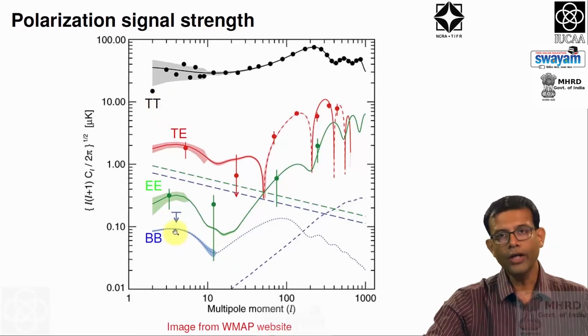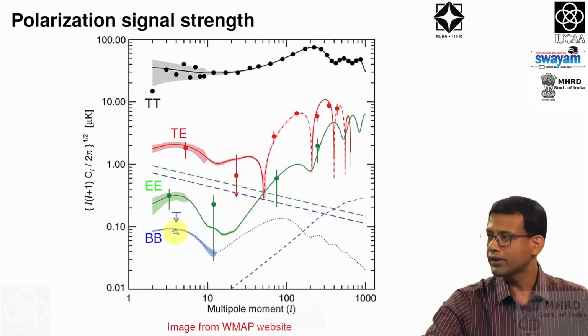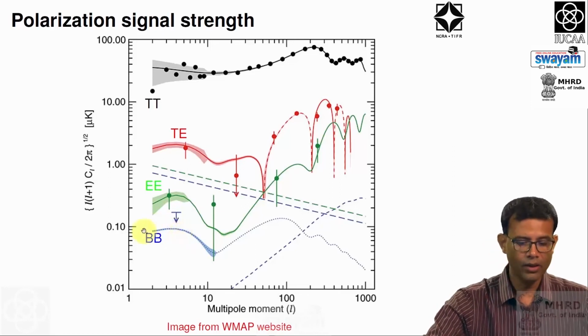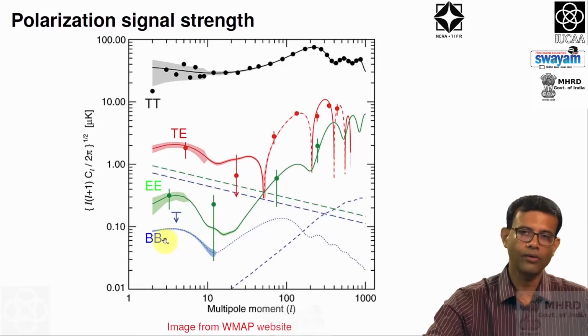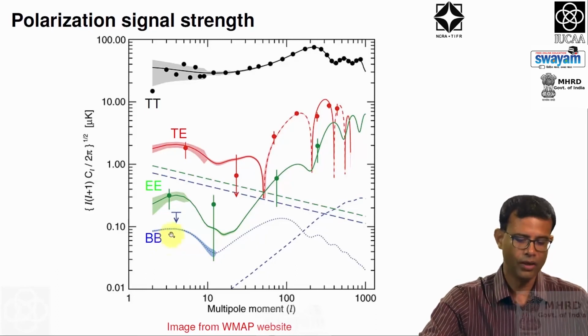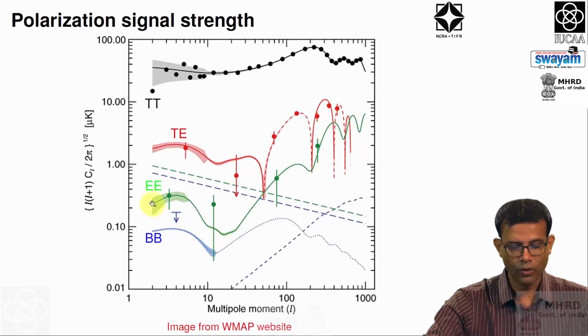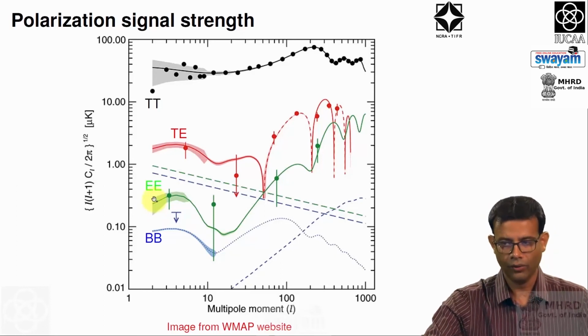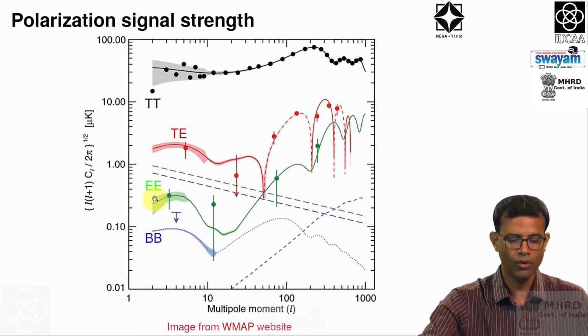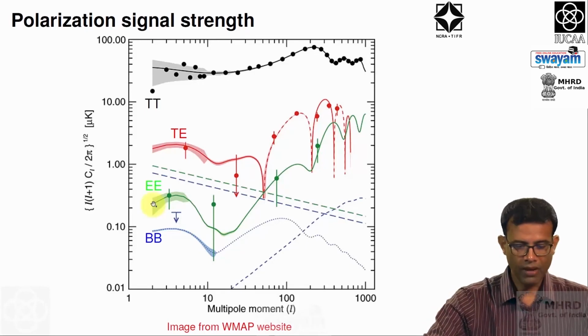There are again two types of polarizations. One is called the E mode polarization and the other the B mode polarization. This is actually based on how the vectors are oriented. So, suppose I take the E mode polarization and play the same game. Basically, I do the correlation of E modes with themselves. Then what I will get is a signal which will look like this green curve. You can see this is way smaller than the temperature